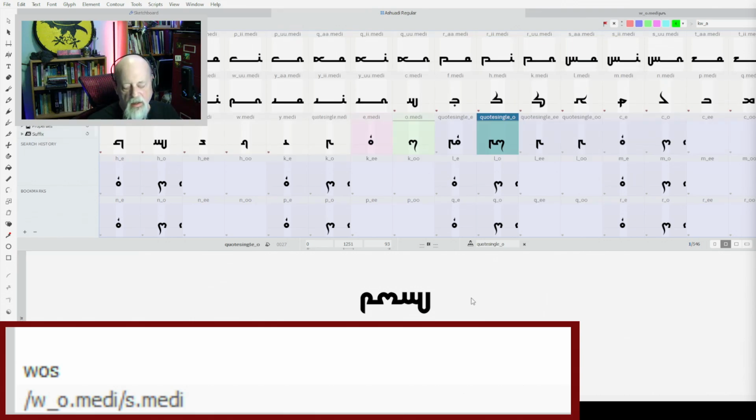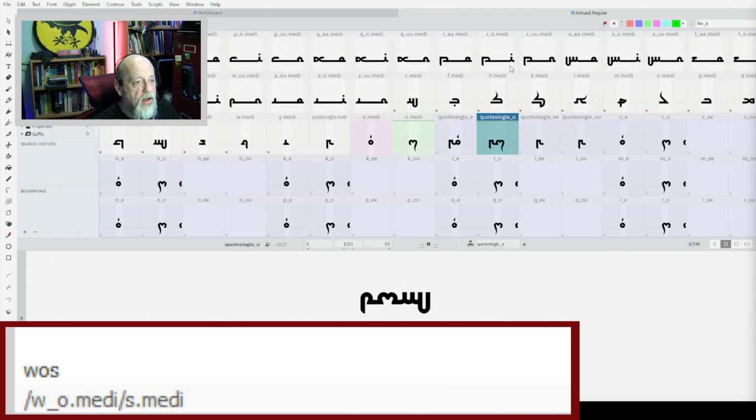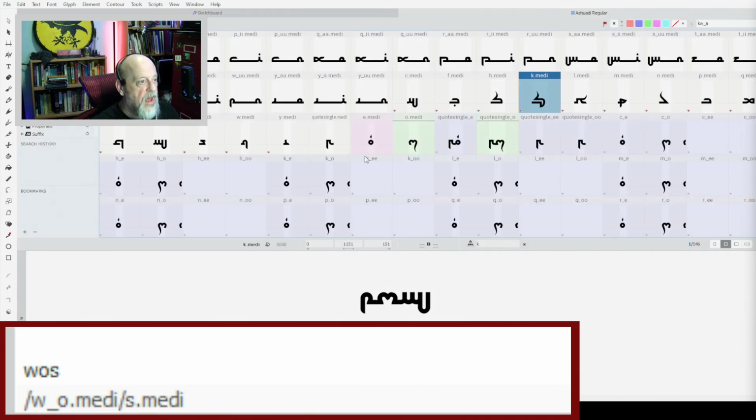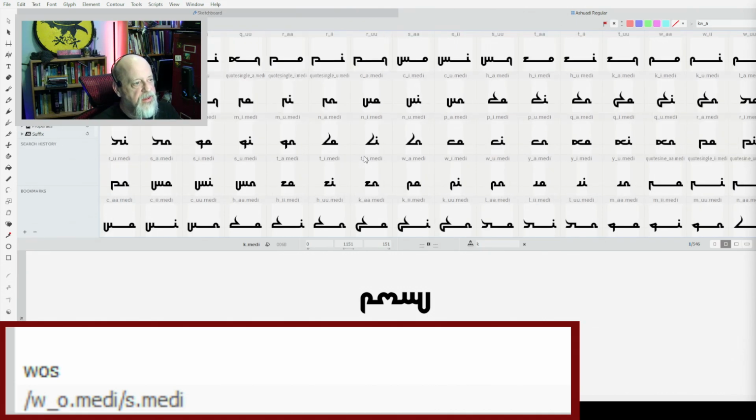One of my iterations of this script was called Add More Pointy Bits, which is why you get things like the tail here, this bit up here, and things like that. All of that stuff was added to make it look a little less Arabic, hopefully.